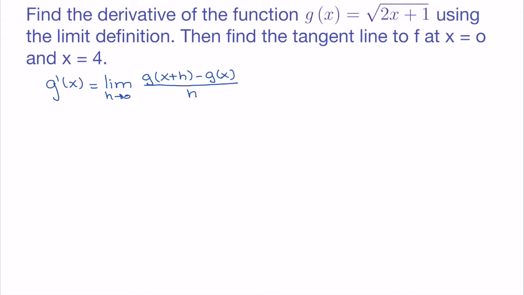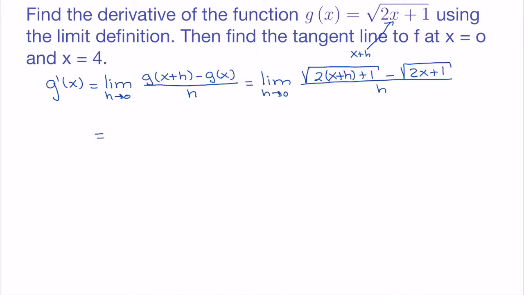So we replace x plus h in the function for x. So here, instead of x, we replace by x plus h. The limit as h approaches 0, g of x plus h is the square root of 2 times x plus h plus 1. Then minus g of x is just the same function, so it is square root of 2x plus 1, all over h. Now we just distribute the 2. That's the limit as h approaches 0 of the square root of 2x plus 2h plus 1 minus the square root of 2x plus 1